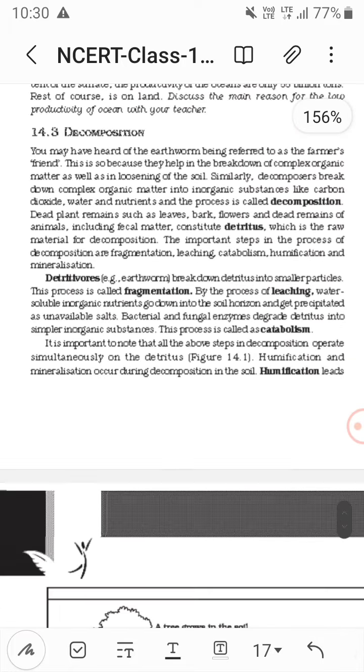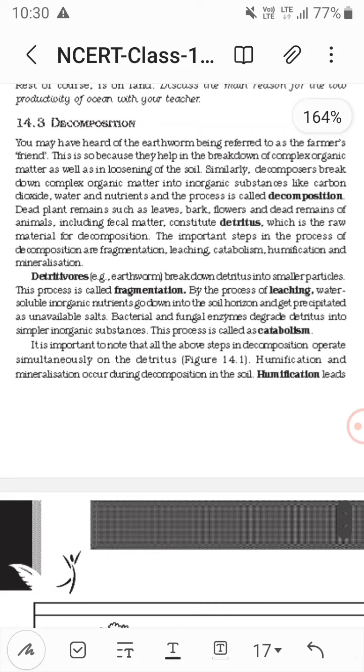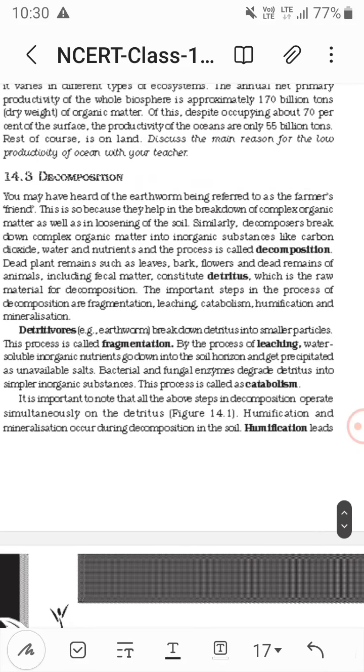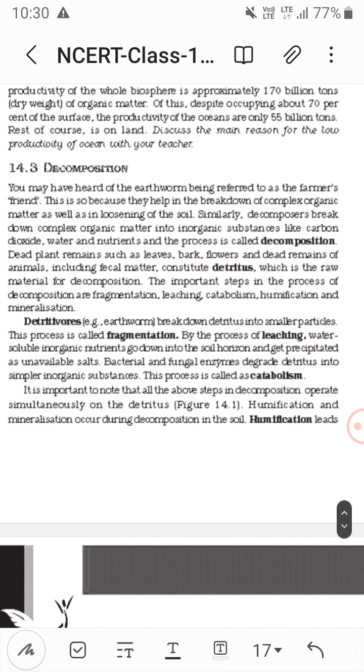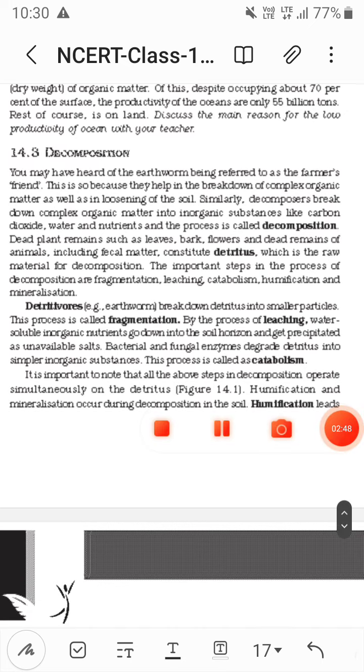Now in the decomposition we see there is the decomposition, it's a process. So what's the process? Decomposers break down complex organic matter into inorganic substances like carbon dioxide, water, and nutrients, and the process is called decomposition. What is the detritus? Now detritus, it's like the